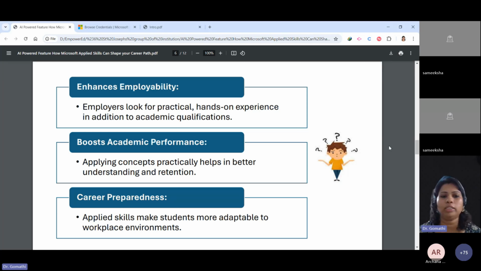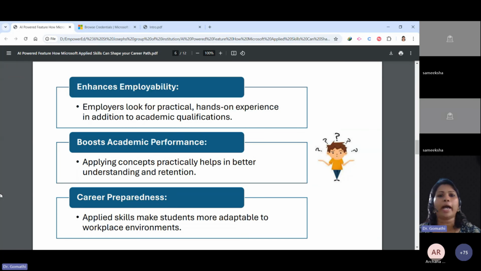The second important thing is that this will boost your academic skill. You are learning a lot from the industry perspective, which will really enhance your performance, and you will be ready for your career once you're entering. See, you will be getting a certificate out of this provided by Microsoft.